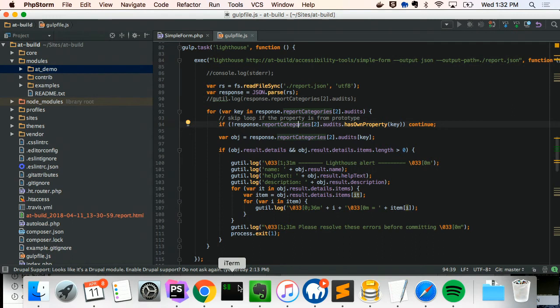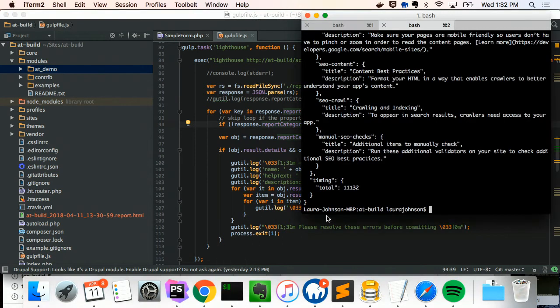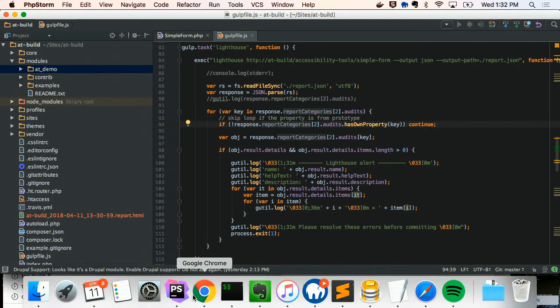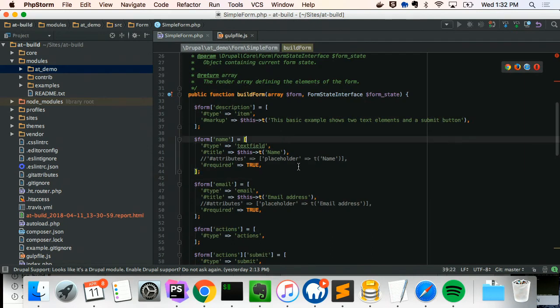You can use these tools any way that you want to, but what I decided would be helpful was that I run the gulp command with a pre-commit hook, so that when I'm altering my form, when I commit it, if there are any errors, it's going to show them to me. So, for example, if I go back to my form here,